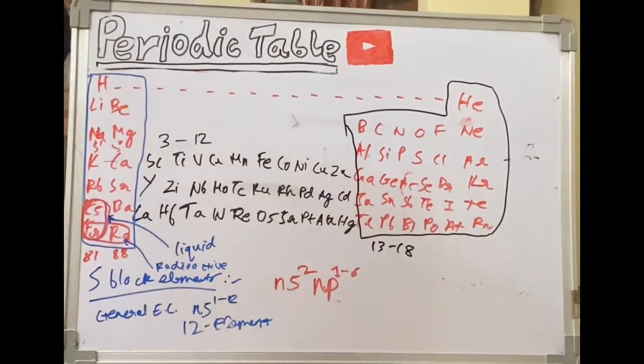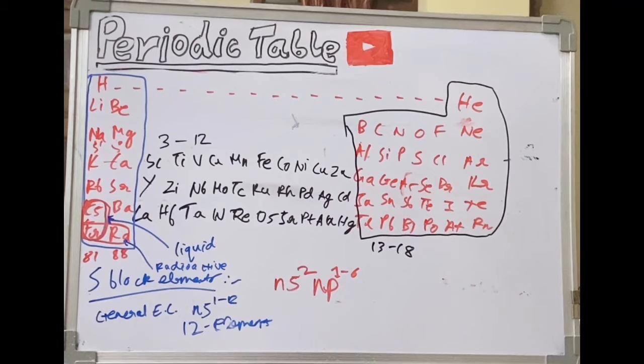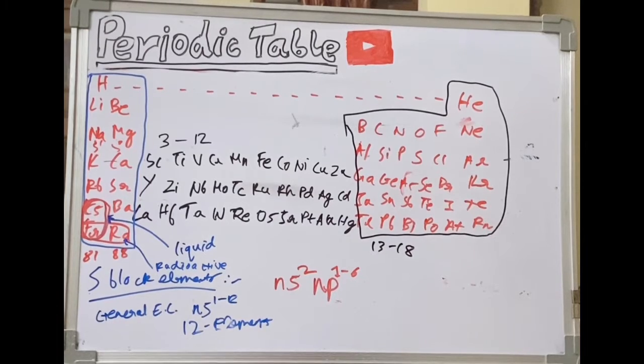I'll also tell you a trick which you can use to remember the corresponding group if they have asked an atomic number or something and you have to answer in which group they lie in or the period. Now let's start with the d orbital one, d block elements. So d block elements are, of course you guys would have guessed it, the elements which have their last electrons in the d orbital.